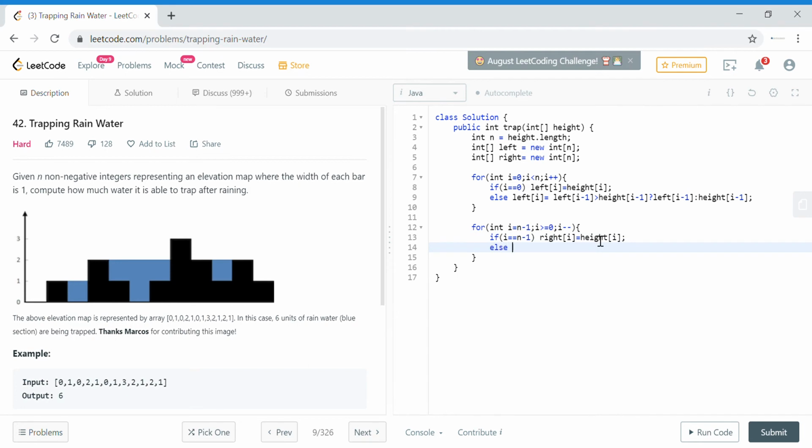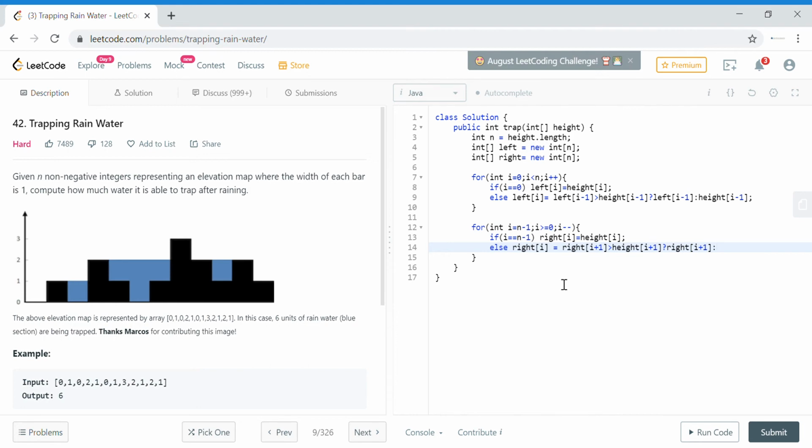Otherwise, we need to consider right of i + 1, because we are moving from right to left and we need to consider the building on the right hand side which is bigger than the current building. So if right of i + 1 is greater than height of i + 1, then in this particular case we will take right of i + 1.